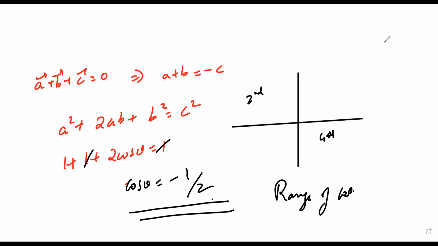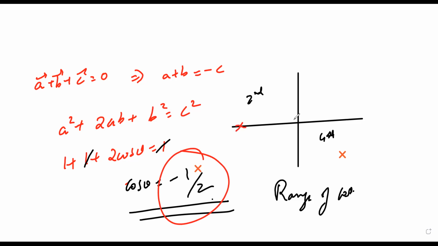0 to pi. Correct? So can I write it in terms of fourth quadrant? My question is, can I write the answer in terms of fourth quadrant? Is it correct or wrong? No, correct, because what is the range? 0 to pi. Correct, that is the range. So what I should do, this is coming negative 1 by 2. The answer of this is what? Negative 1 by 2. So what is it basically? So 0 to pi in the sense, it falls in second quadrant.